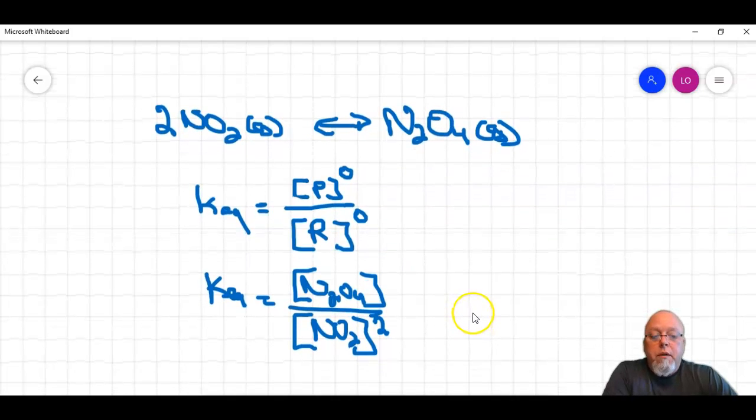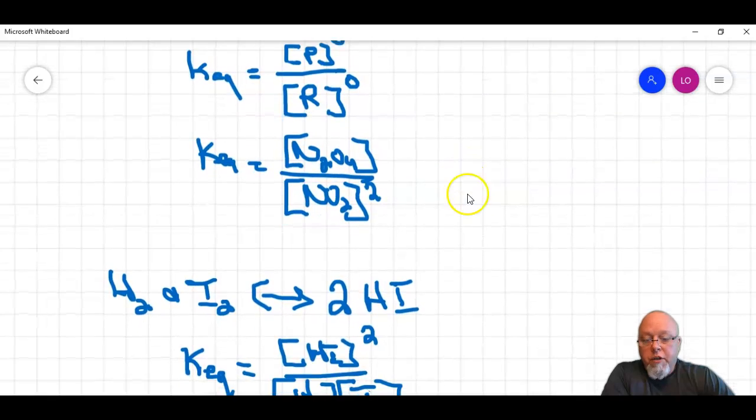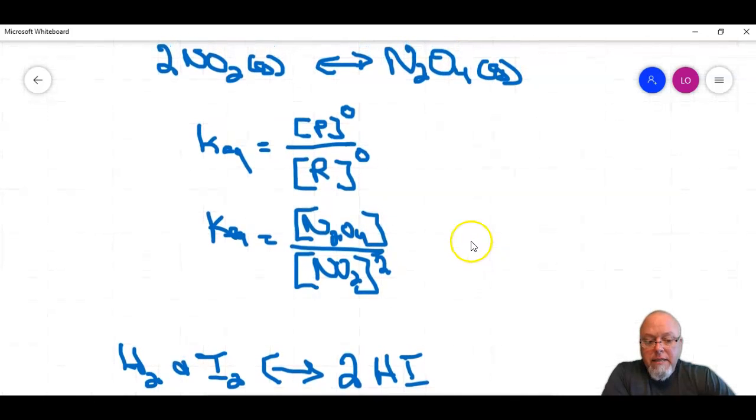What we're going to be doing today is a worksheet, the HI worksheet. It's quick, it's easy. You should pick it up quickly. So we have H2 plus I2 will give me 2HI, and this is a double arrow, meaning it can go forward or backwards. So again, if we were to write a KEQ expression for this equilibrium,